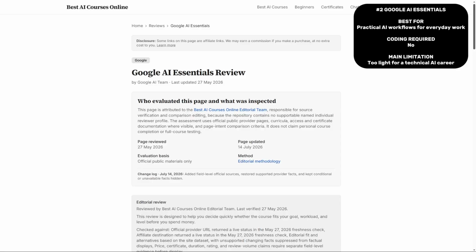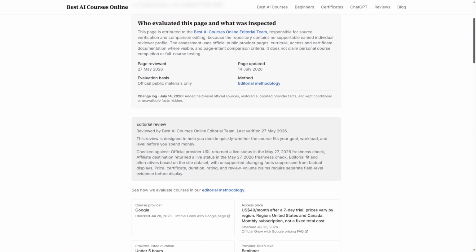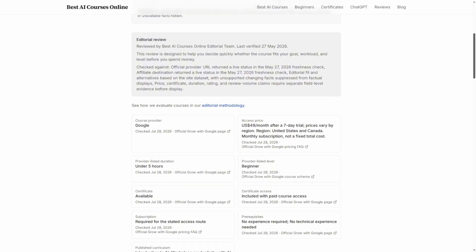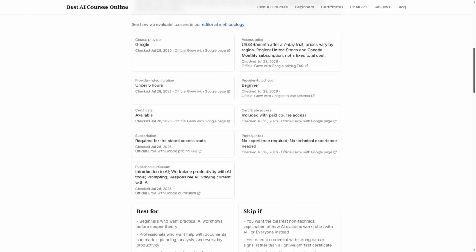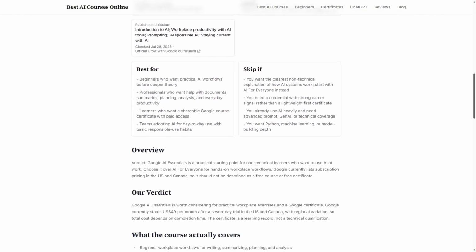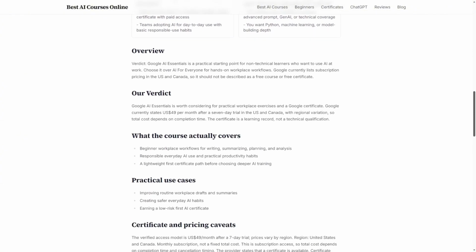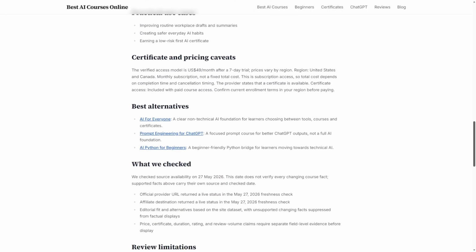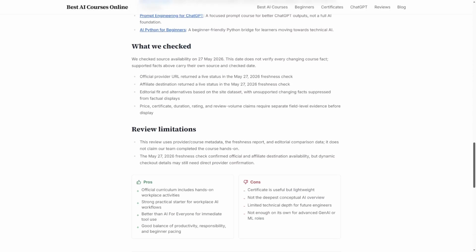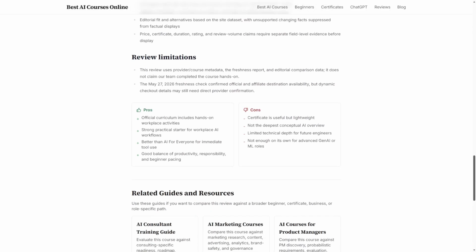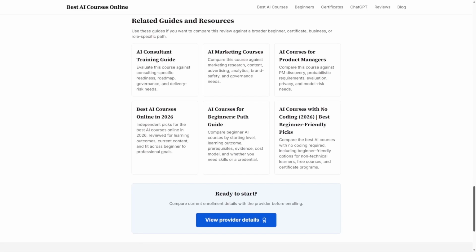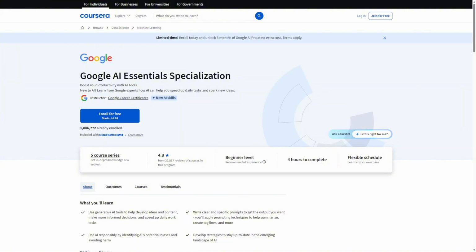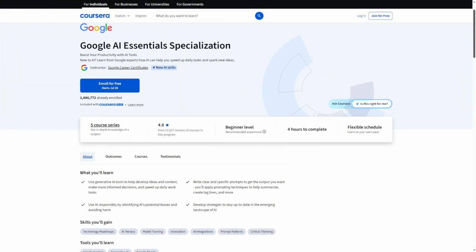Choose Google AI Essentials instead when your priority is immediate workplace productivity. Google designed this course for beginners with no technical experience. It is listed as taking under 5 hours and focuses on using AI tools for real tasks, including brainstorming, organizing information, drafting content, improving productivity, prompting, and responsible use. This is the strongest choice here for someone who wants practical AI workflows rather than a broader strategy course. You can learn techniques that apply to emails, summaries, planning, research, and other day-to-day tasks.